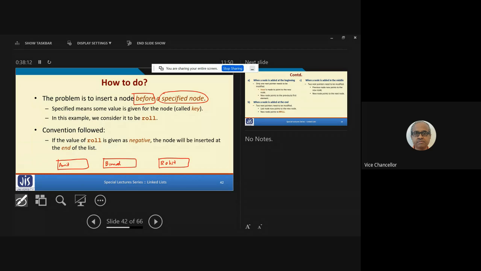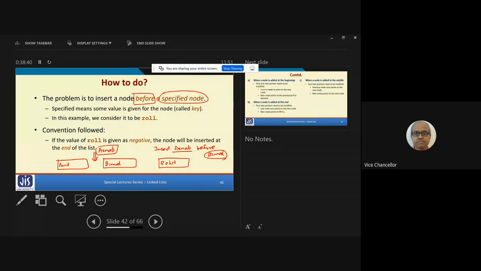And I tell insert, let's say Arnav, a new student, before Bimal. So my specified node is Bimal. Before Bimal, I want to insert. So Arnav will get inserted in between here, right?